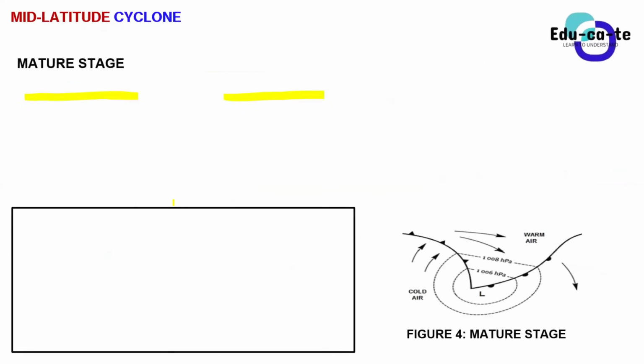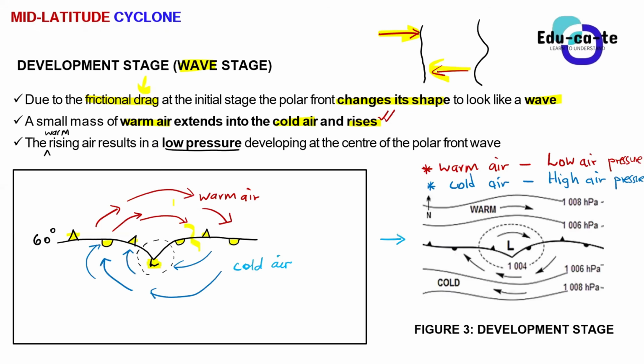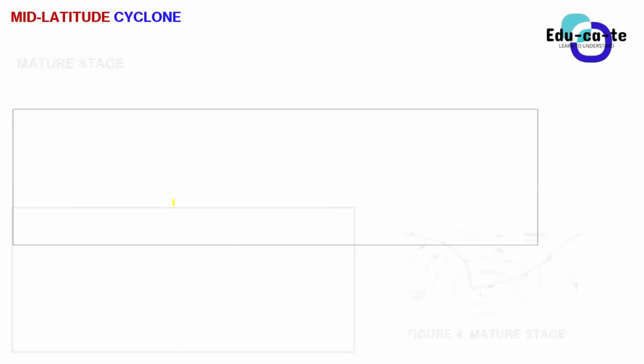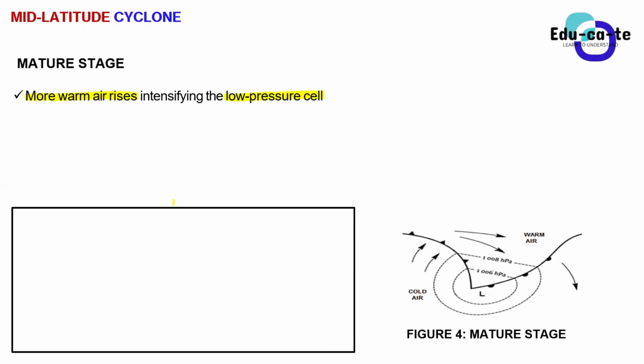Yes. So please make sure that it's the warm air that's rising. As more warm air rises, it means that we're going to have more low pressure. Our low pressure is going to be more intense. The word intensify simply means that at first our low pressure wasn't so much, because it was just a small amount of warm air. But now there's more warm air that is rising and rising and rising because it is light, because it is easy to just rise. So there's more warm air rising, meaning that our low pressure is going to be intense.